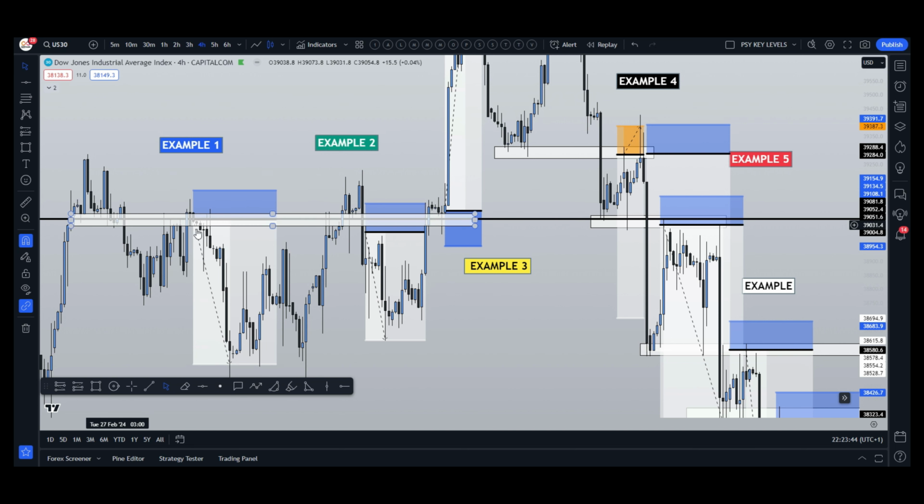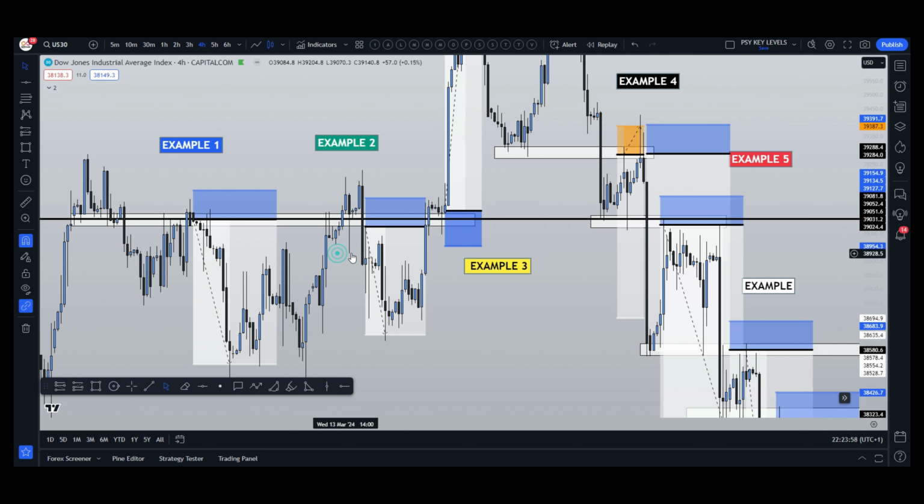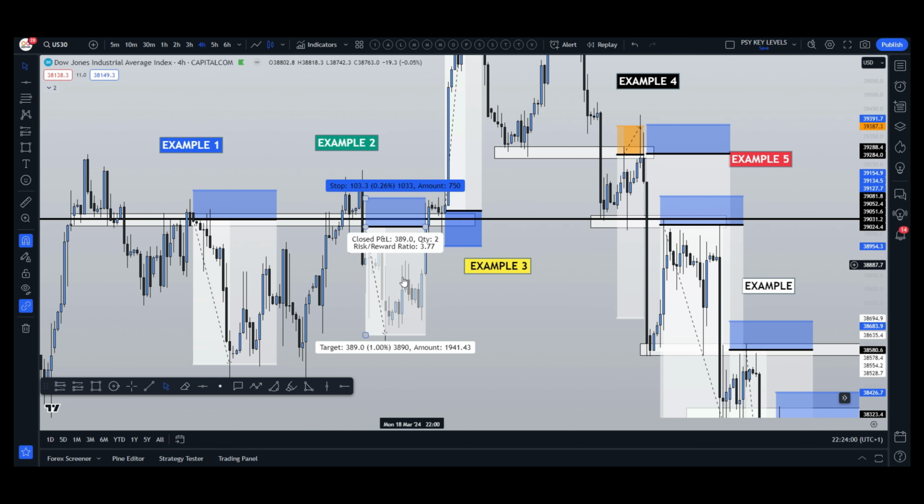Price is still hovering around this area. Price breaks through, comes back up to retest, and once it does, it just tanks. This would have been a clean entry, zero drawdown, clean entry, and just tanks. This would have given you, I would say, around